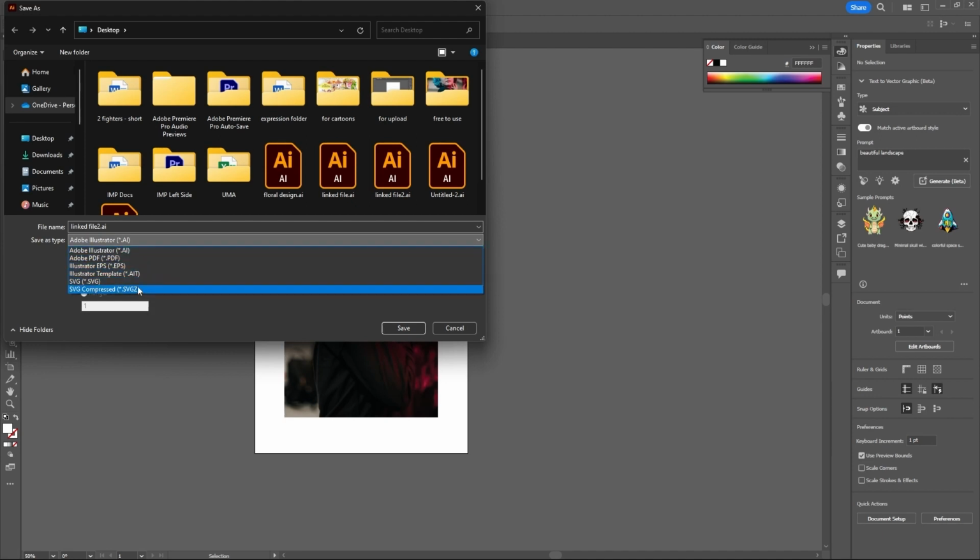So the difference is, suppose when you save this as Illustrator, it can save with layers. PDF is mostly preferable for a printing option, PDF and Illustrator EPS, right? So we use these, and the template opens or saves as a template. Scalable vector graphics is a vector graphic. Generally this file can open with any web browser like Internet Explorer or Google Chrome, right? And this is the same file, but it is compressed, right? Okay, then